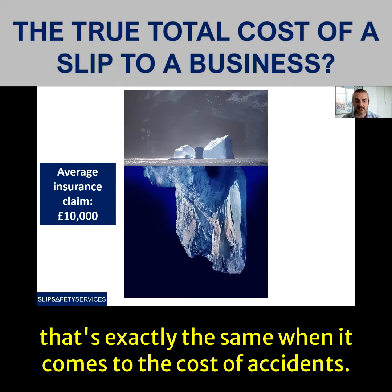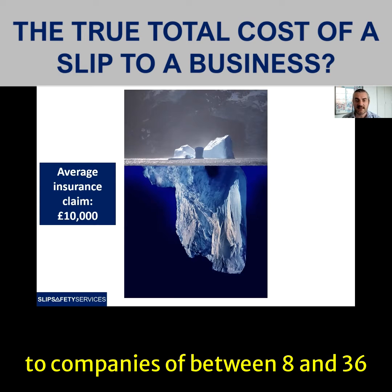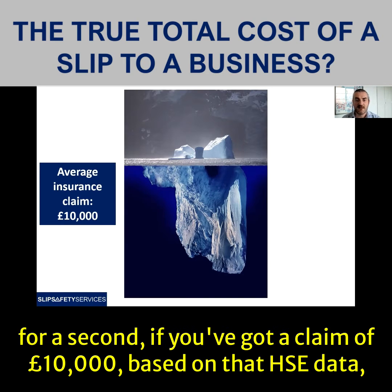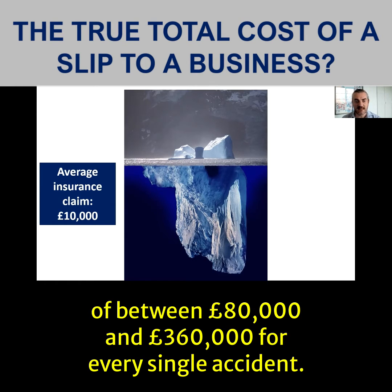that's exactly the same when it comes to the cost of accidents. Now, HSE gives a range of the uninsured hidden costs that come straight off the bottom line to companies of between 8 and 36 times the insurance claim cost. So if you think about that for a second, if you've got a claim of £10,000, based on that HSE data, you've got some hidden costs which are not covered by your insurance of between £80,000 and £360,000 for every